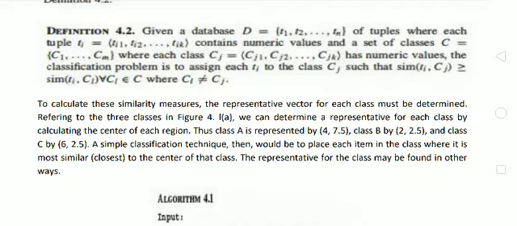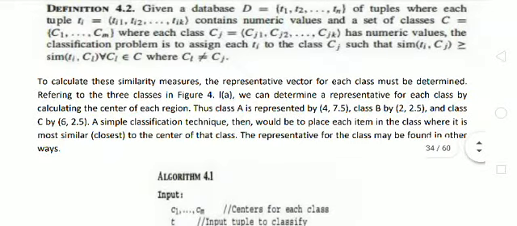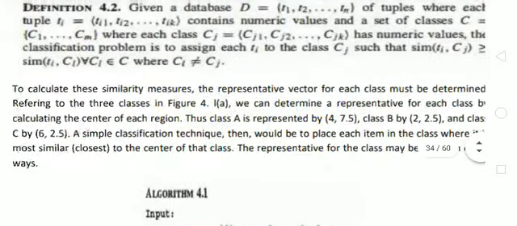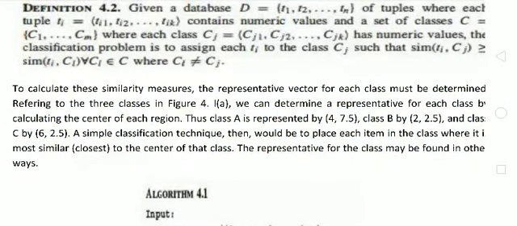Otherwise we can refuse this, and we can easily predict that the item does not belong to the class. To calculate the similarity measure, the representative vector for each class must be determined. So